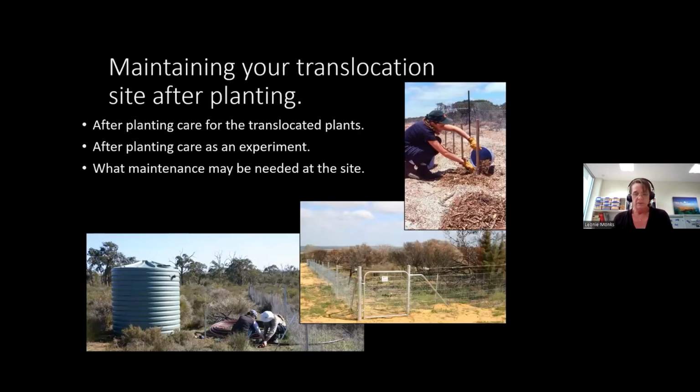You'll need to think about the maintenance of the plants and the site after you've done the planting. You can do this as an experiment, so you can work out what is important and what is not needed. But you could also just do it on what you feel is the best option to do at the time. So I've provided a few examples there of setting up watering systems, having fencing installed, the mulching that we employed at some of the sites. But there's a whole range of other things you can do in the site, that's very specific to your plant or to the type of site that you've got. And you'll need to think about that at the time, about what you think might be important to your plants.